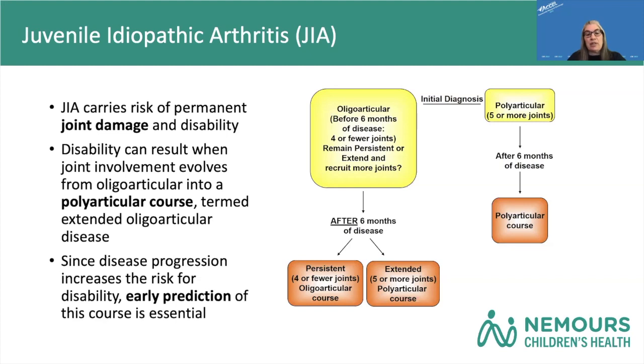However, after 6 months of disease, these patients who look like they're going to be relatively straightforward to treat can extend and recruit more joints into the involvement of arthritis. This usually happens within 2 years of disease, but can happen many years after, even 7 years after. And there's been no good way to predict which patients will have this extended course early on in their course before it's clinically apparent, because perhaps we could offer other treatments early on, or at least give guidance to the